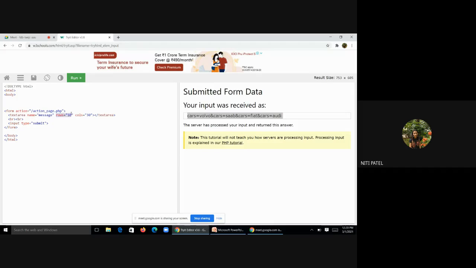Now what is this rows 10, columns 30? That means the area which will be seen in my output, initially I could see only 10 rows and 30 columns. ऐसा rows और columns में division नहीं देखा जाएगा आपको, वो एक text area ही दिखेगा, blank area ही दिखेगा, but कितने rows होंगे? 10 rows और कितने columns होंगे? 30. Now this does not mean that you can write only 10 lines because you have 10 rows. Initially वो 10 rows ही दिखाएगा. As you write the 11th line, it will keep on scrolling down.